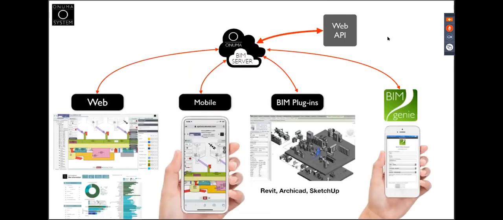So here's the overall architecture of it. We have a BIM server that's in the cloud, and we were in the cloud very early on, actually, years ago. We started on the web in 1993, actually, and started building solutions on the web since then. But early on in our BIM journey, when we were working on desktop BIM applications, we realized that if we wanted to share information about projects in the same room even, or even across the world, having a place to park that information in the cloud and then be able to view it in the web interface,